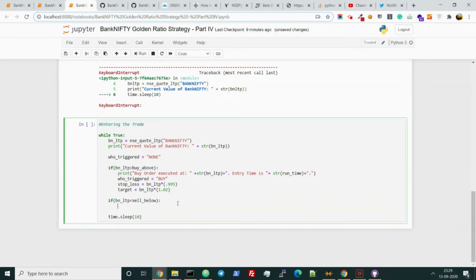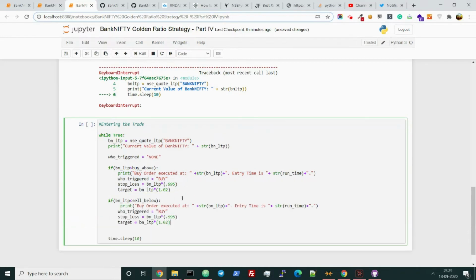Yeah, it looks fine. Let me just copy and paste it. Sell. Now the stop loss in this case will be, so this will be looking a bit tricky in the mathematics. In case of a sell order, the stop loss should be higher than the price which you are entering, right? So that's why 1.005. So take some time to do the math, you will come to this point again anyways.